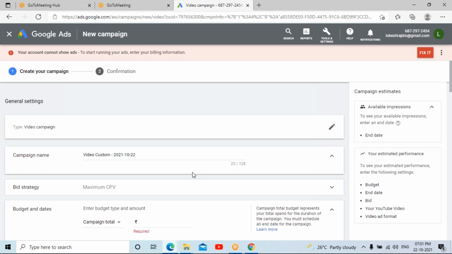This is the next screen you get. As per the ad structure, you should be able to add three different options: campaign screen, ad group screen, and ads. Three options, but here it shows only two: create your campaign and confirmation.